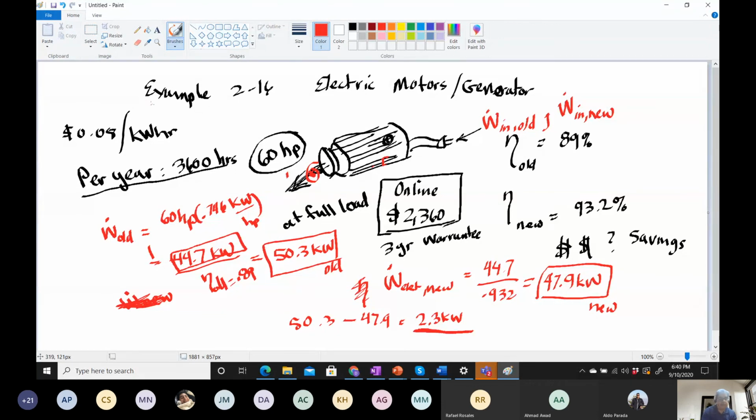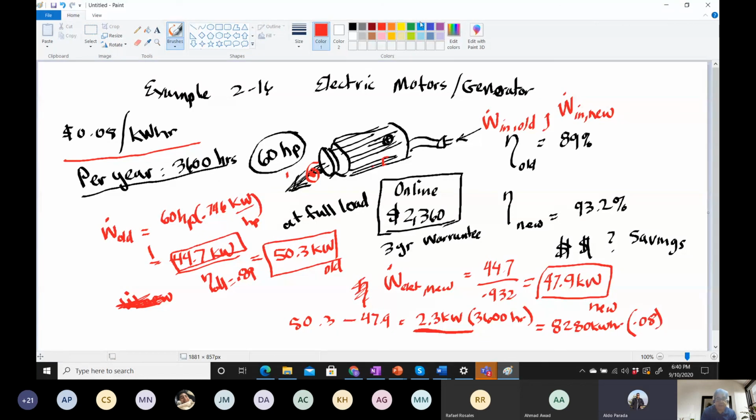But we want to know in terms of kilowatt hours, right? So what we do is we take 2.3 and first multiply by 3,600 hours. That'll give you how much total kilowatt hours. How much total kilowatt hours do we have? 8280. 8280 kilowatt hours. And finally, we multiply by 8 cents per kilowatt hour,